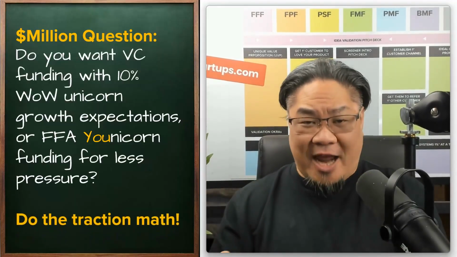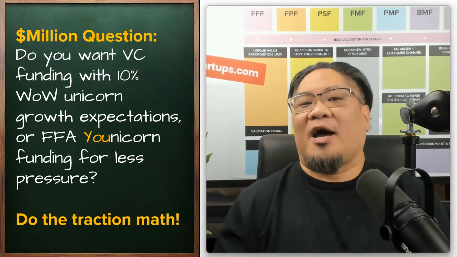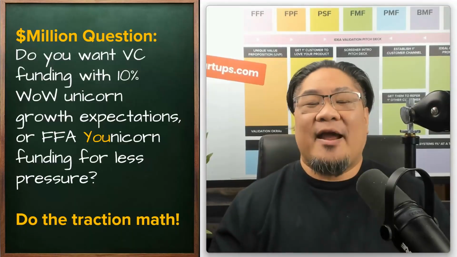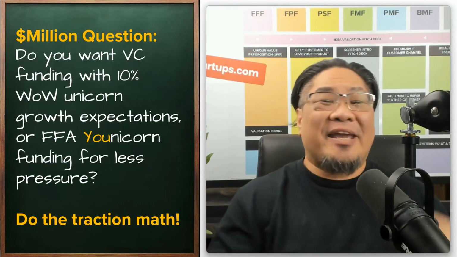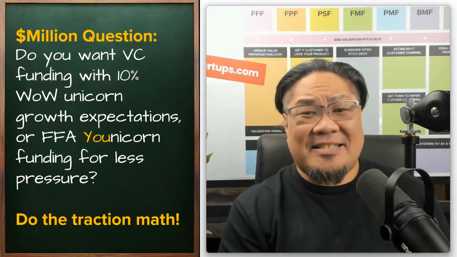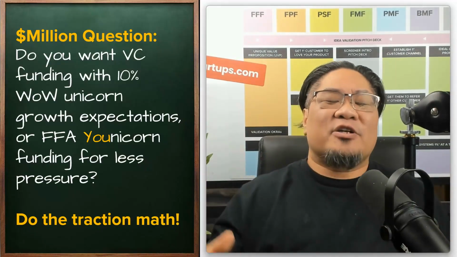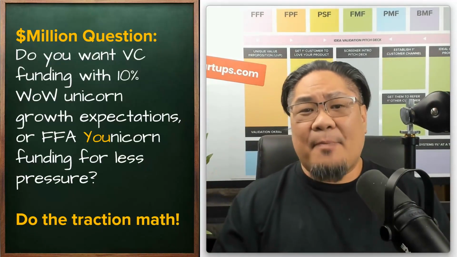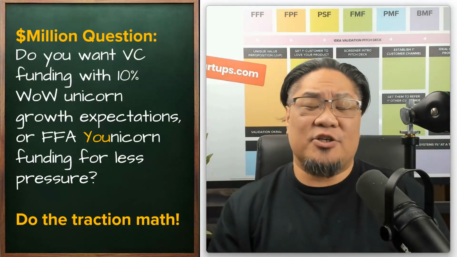And how do you know? You have to do the traction math. This traction math is going to give you the reality on what is possible or not, and so many founders don't do that. They don't know what is in the realm of their reality with the current situation, and you're going in blind and you don't know what the investors need to see, and therefore you get all insecure, you're going to fumble the pitch, and you're going to diminish your chances of raising capital. I'd rather see you totally armed and upfront, understanding what you're getting into, and that's what this video has been all about. Do yourself the favor and do the traction math.